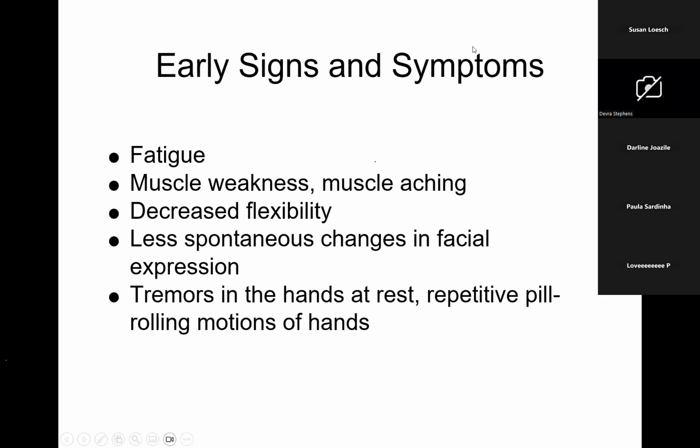Early signs of Parkinson's would be fatigue, muscle weakness, and aches, decreased flexibility. A huge one is changes in the facial expression, so it doesn't happen spontaneously. The face becomes a little bit rigid there. Tremors in the hands and the feet, and they might have pill rolling motions where they rub their fingers against